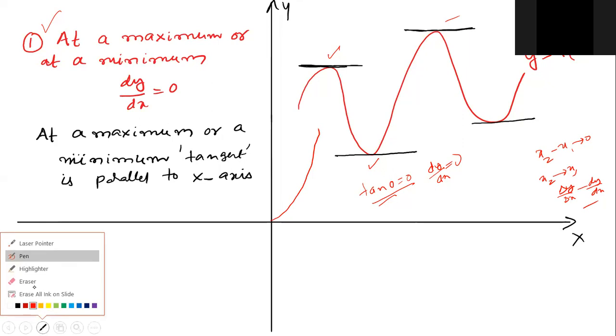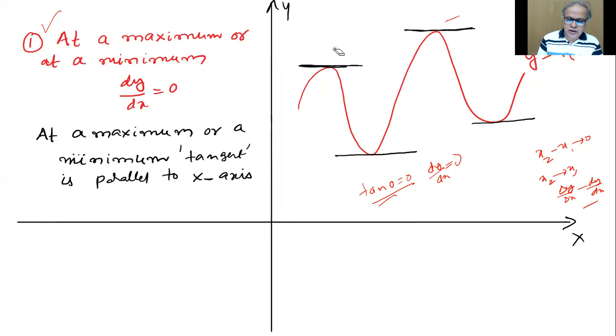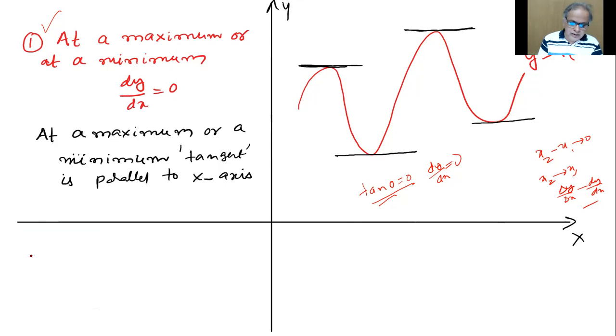So what I was trying to tell you was not that all the time there should be maximum and minimum values, but there are cases where the value of y returns as x is increasing. It goes up, comes down like that. So whether it is a maximum value or minimum value, the slope is 0. Therefore, dy by dx is 0. Can I continue?